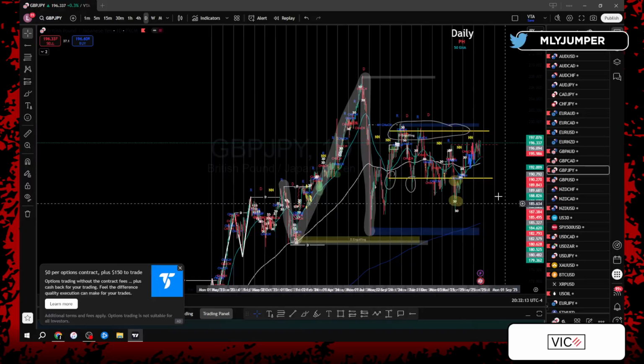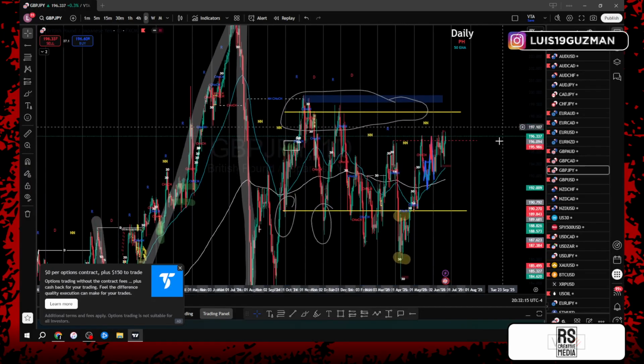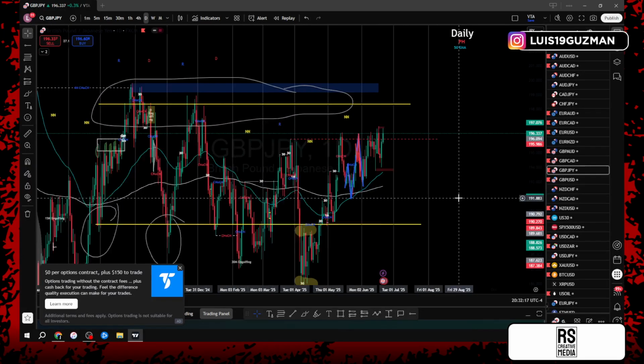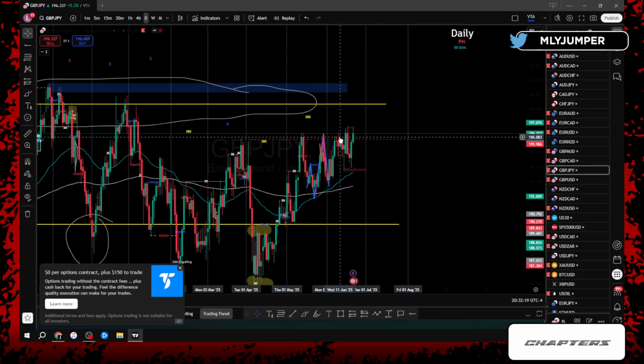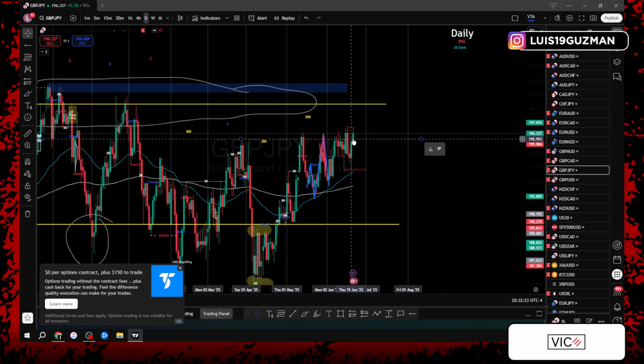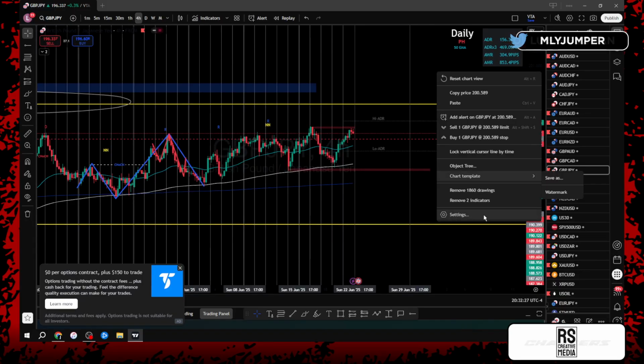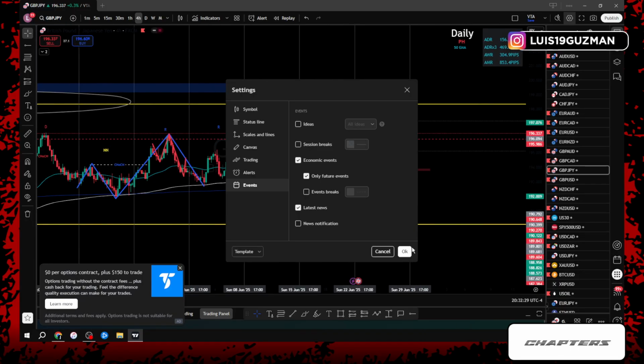Right, GJ, I'm not really trading it, so we're just going to go ahead and skip through it. But what I'm pretty much looking at is for price to break these highs. At this point, we'll have to wait for the Monday candle to close. So I still have to wait another day and a half to take that trade on GJ, or to even consider taking a trade on GJ.